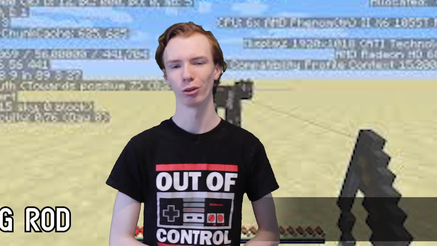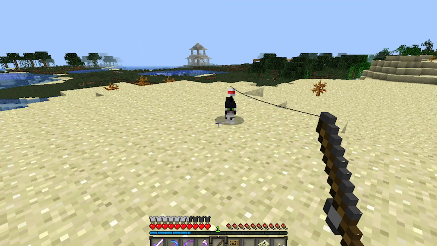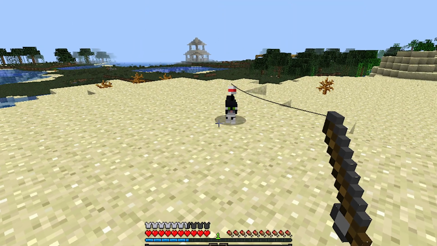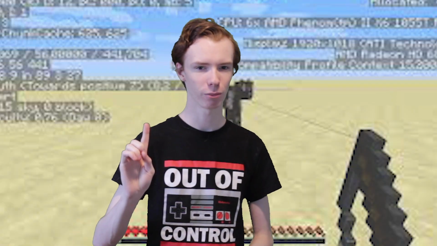Halfway through, number 5, fishing rod. The fishing rod was a staple of pre-1.9 combat. The ability to pull your opponents towards you without their knowledge was great, and Dream made use of this feature during one of his signature Minecraft manhunts. If I'm not wrong, I think it was the first 4